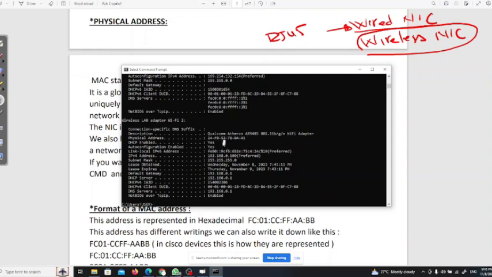Now when it comes to the MAC address, as I said, the MAC address is written in hexadecimal. As you can see, the MAC address is made of letters and numbers. A MAC address is written in hexadecimal, and the hexadecimal numbering system makes use of numbers and